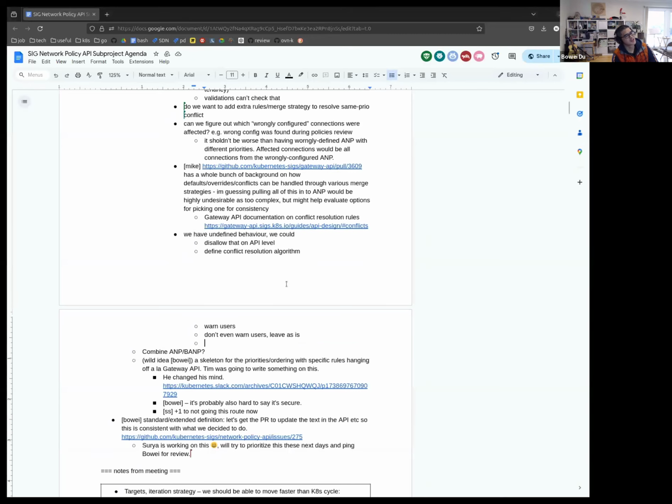I'm still not super convinced, but I have to think about it. It just feels like we're giving people a very dangerous tool, especially with the Helm charts. But that's always been the problem with composition of things that are written by independent authors. Yeah, I mean, potentially with the Helm charts, if there are different authors, they should be using different ranges of priorities. But if you only define something for your own namespaces, it will be safe.